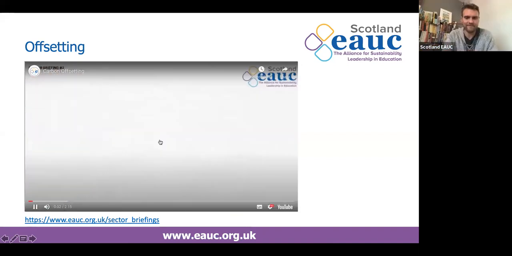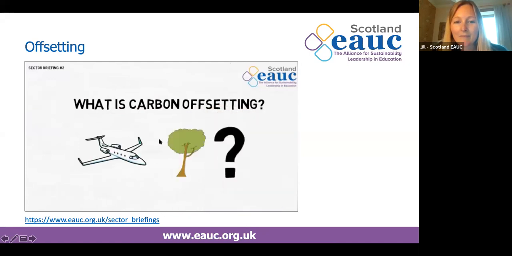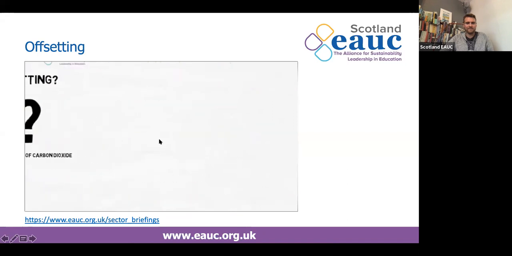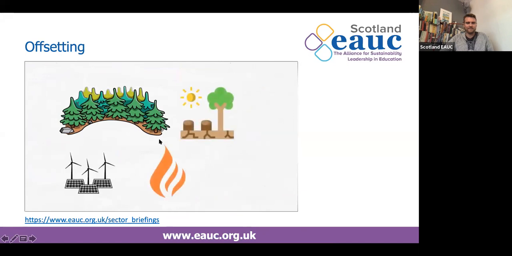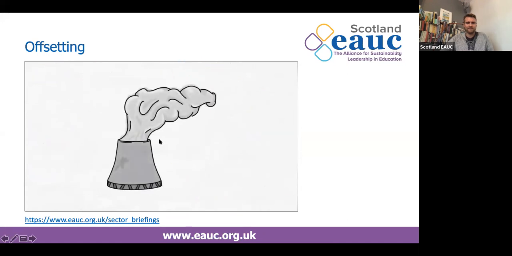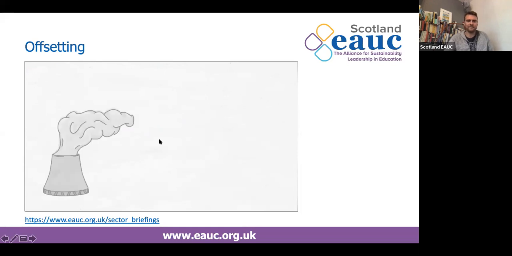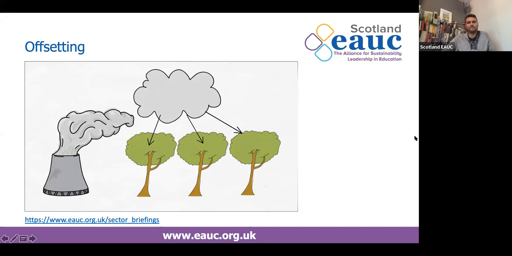Our topic for this briefing is what is carbon offsetting? Carbon offsetting is a commonly used term that means an action or activity that compensates for the emission of carbon dioxide or other greenhouse gases to the atmosphere. Offsets are often thought of as tree planting. This actually makes up a minority of offset projects. Preventing deforestation, renewable energy projects, and gas capture and storage are more common types. Offsets can either be the reduction of emissions, for example, replacing fossil fuel power with renewables, or they can increase the removal of CO2 from the atmosphere. For example, planting more trees to absorb carbon dioxide.